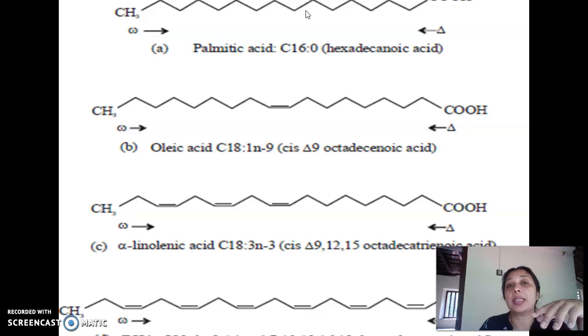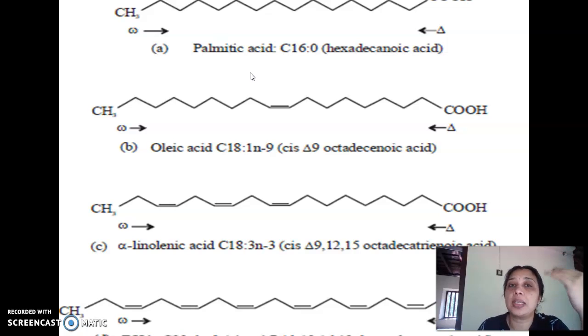Or palmitic acid has got a minor fate also, because only a small quantity of palmitic acid will be converted into the desaturated form, that is palmitoleic acid, by the delta 9 desaturase enzyme, which is also present in the microsomes. So palmitic acid can be acted upon by delta 9 desaturase to give rise to palmitoleic acid. Otherwise, the majority of the palmitic acid will undergo elongation to give rise to stearic acid, which